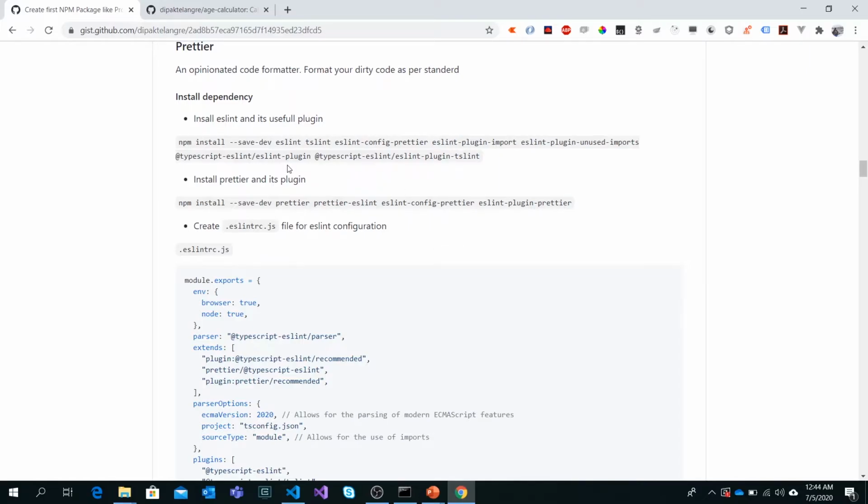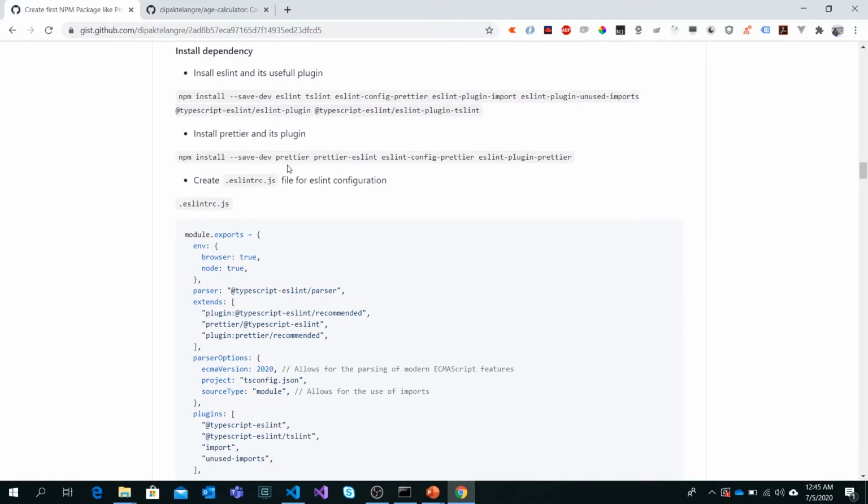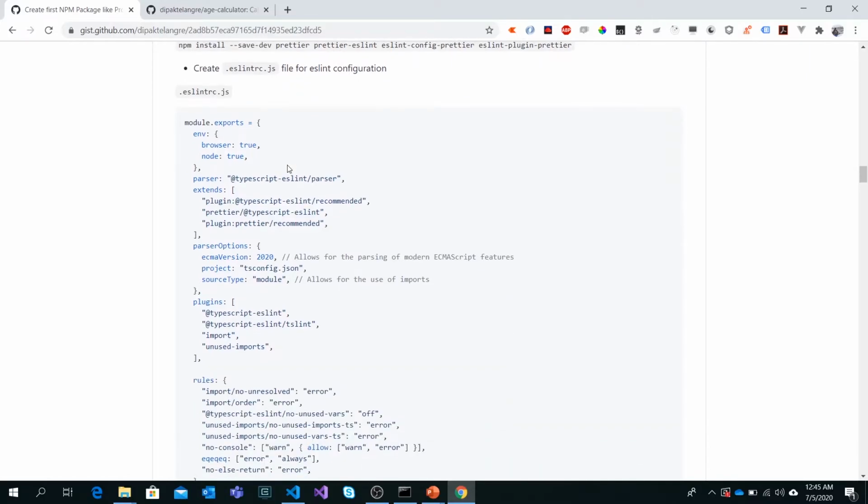Next thing we will install is Prettier and its plugin. So once we get all these packages installed, we can start creating a configuration file for ESLint. ESLint can support different configuration types, like it can support JS files as well as the JSON format.